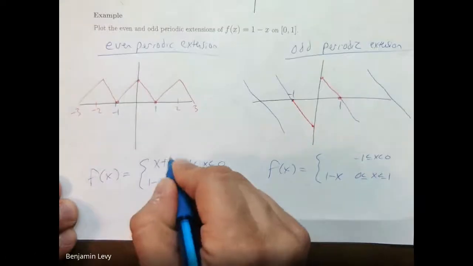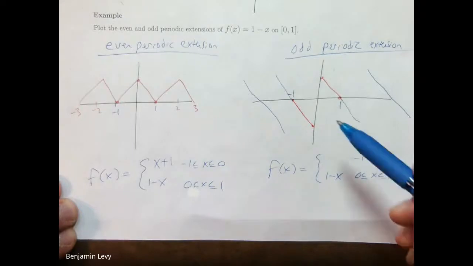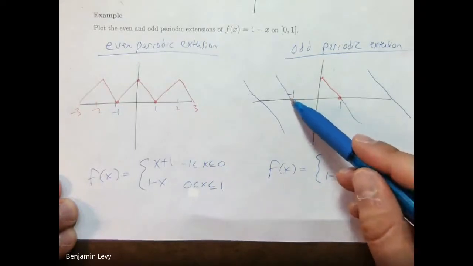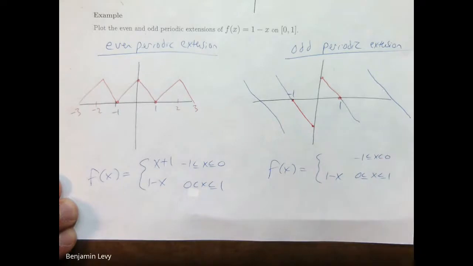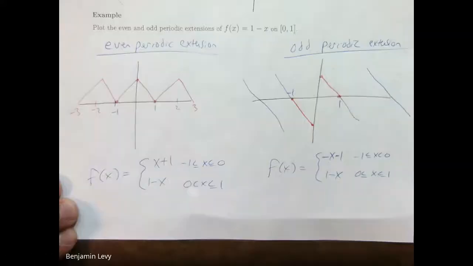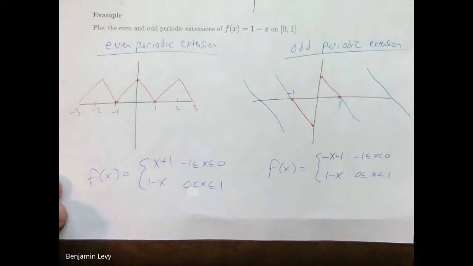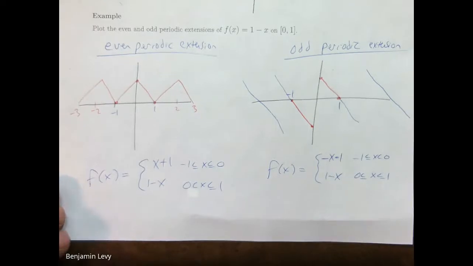So that'd be x plus 1? Yep, x plus 1, or 1 plus x. And then what about this one? This one probably also has a slope of -1, but the y-intercept is down at -1. So just x minus 1? Minus x, or negative x minus 1, excuse me. Yeah, right. And so when we go ahead and do these Fourier approximations, remember in the Maple code, there's